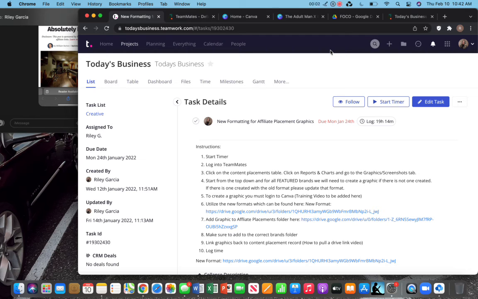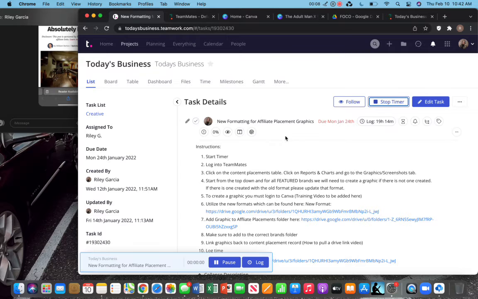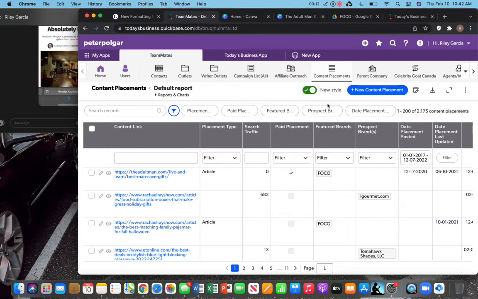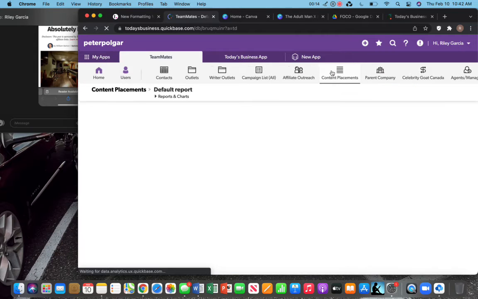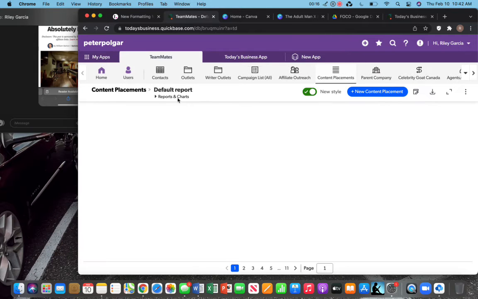So we're going to go over how to create placement graphics for featured brands. First you're going to start your timer in Teamwork. Then you're going to go to Teammates. Once you're logged in, you're going to go to Content Placements. Then you're going to go under the default report